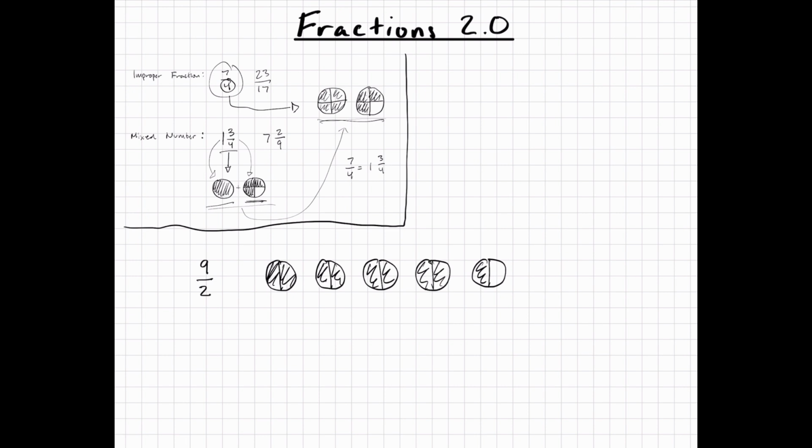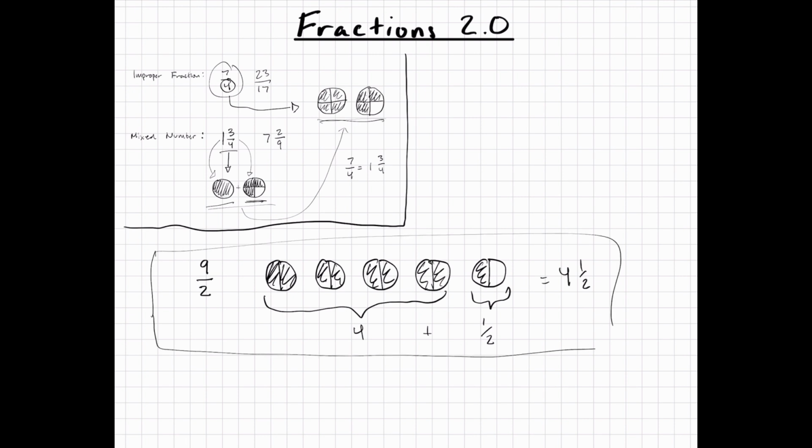Well, how many whole pizzas do we have? We have 1, 2, 3, 4 whole pizzas, and we have a remaining 1/2 a pizza. So to convert 9/2 to a mixed number, we are left with 4 and 1/2. And this works with any fraction. To start off practicing this, it's good to try to draw it visually like we did here, but eventually you'll